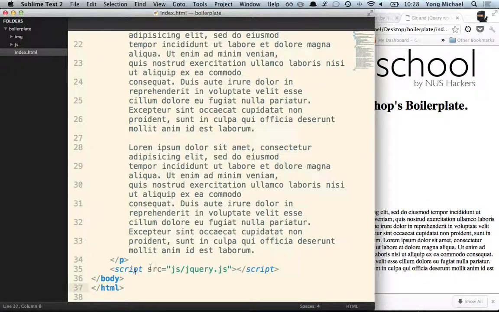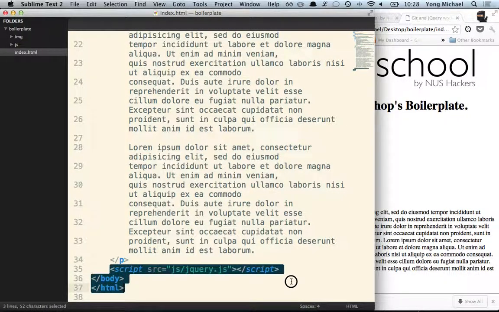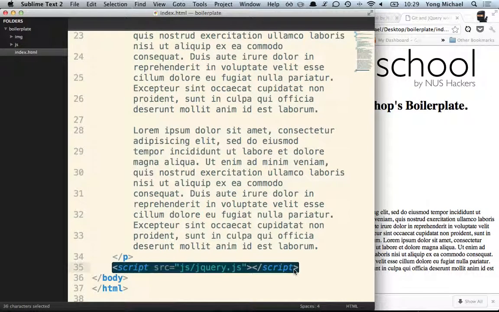Okay. So this is pretty interesting, right? We have not seen this. And what this tag basically says is, I have this JavaScript file. I have this file living at the source attribute. So see, we have this